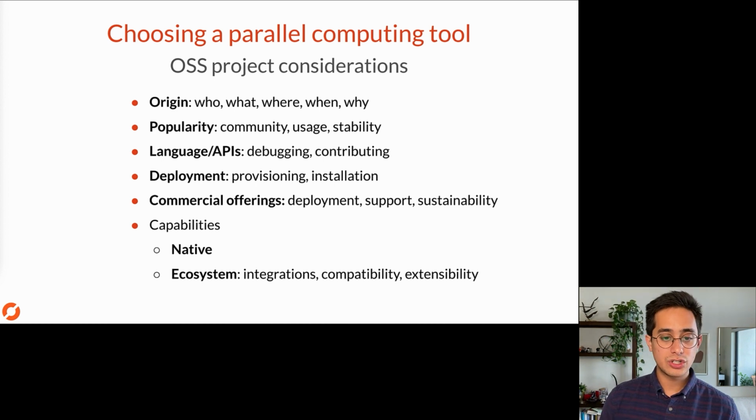So when it comes to actually choosing the tool, and especially when you're choosing this for enterprise adoption, there's a lot of considerations when you're picking an open source project, or at least things you might want to know because it'll help inform the type of experience you might get when you're using these tools. So here are all the points. I'm not going to talk about each of them because I'm going to have a slide dedicated to them. But basically it's like, why was the tool created?